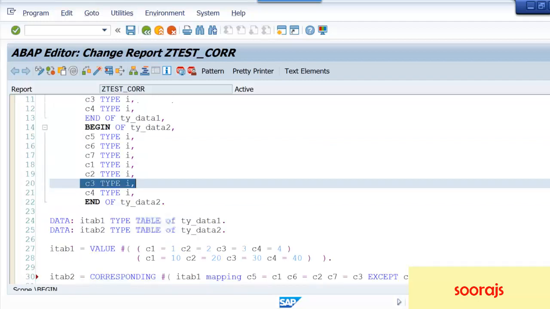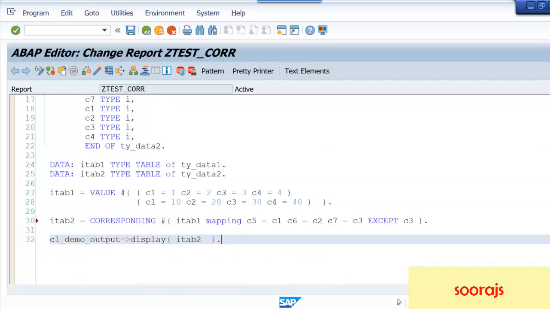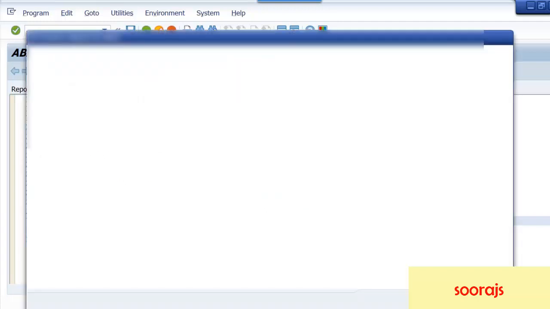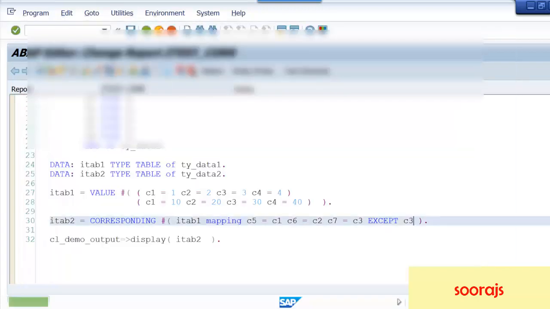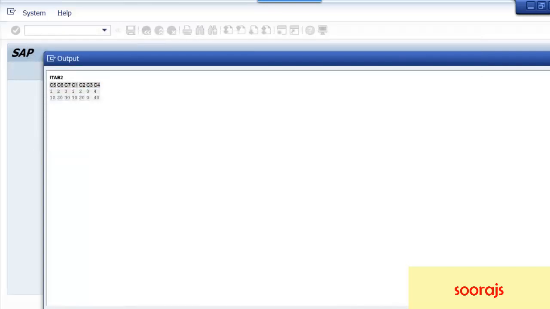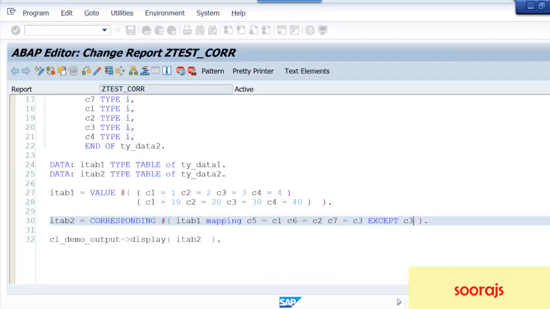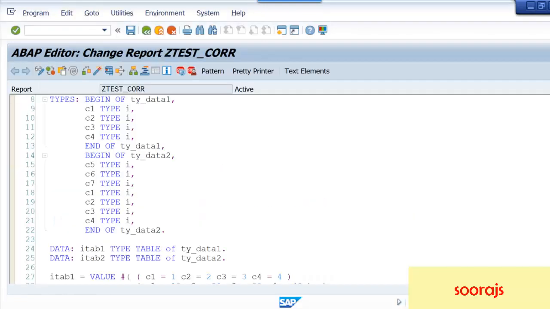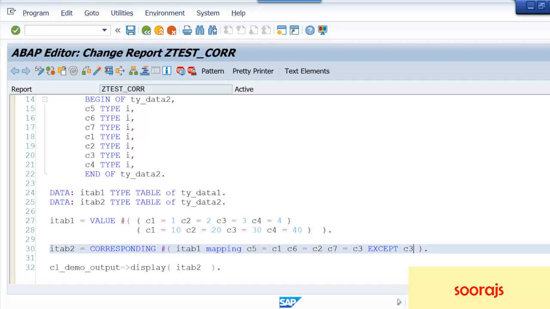Let me activate this and execute it once again. You can see C3 is becoming 0, because it has not got mapped, it is taking the initial value 0. So that is how you use the CORRESPONDING keyword in addition with MAPPING and EXCEPT also.